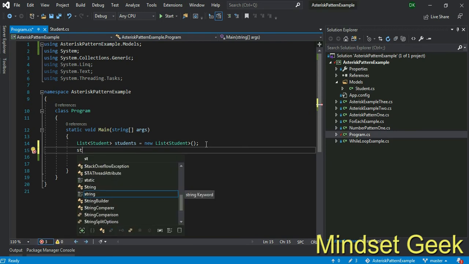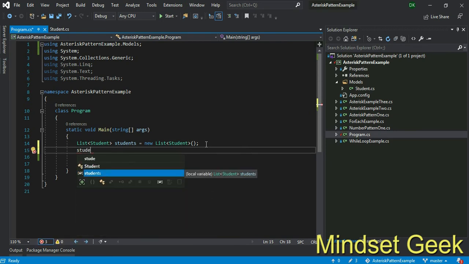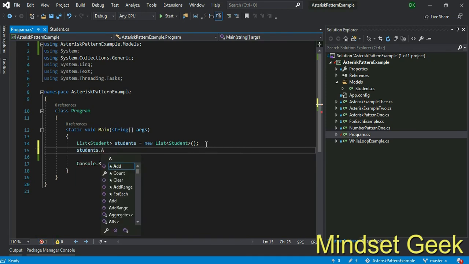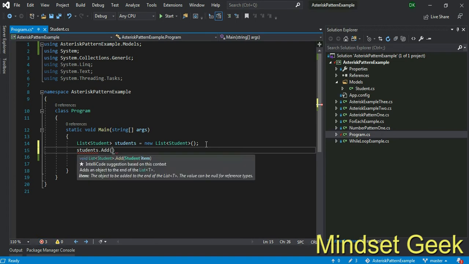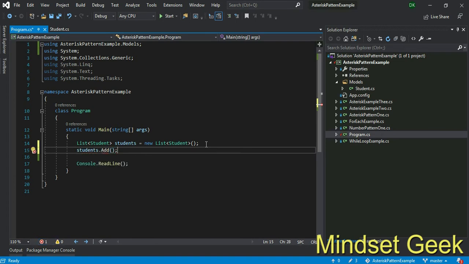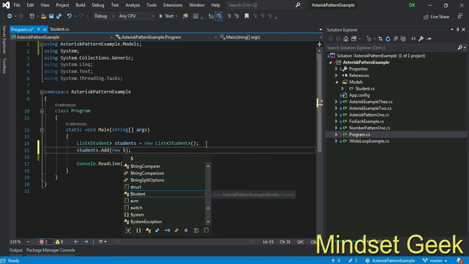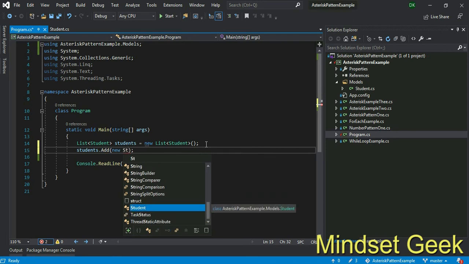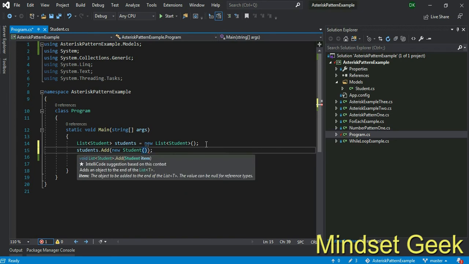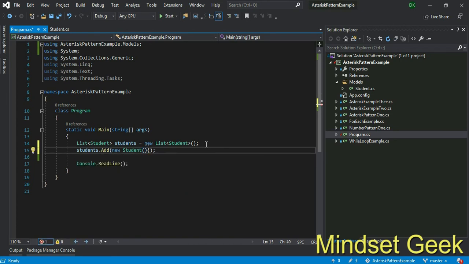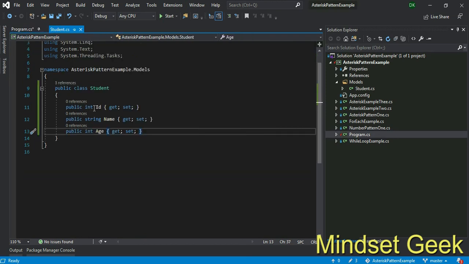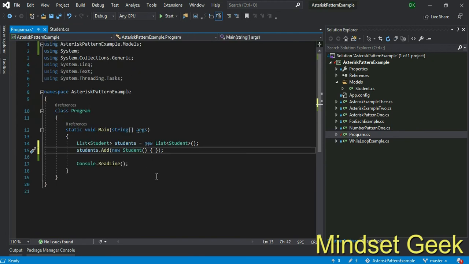Just use students, I mean the object name, dot Add. This is how you add to a list of objects. That is different, right? New Student. This is the way to add to a list of objects. Don't worry about this, right? We just use ID, name and age.